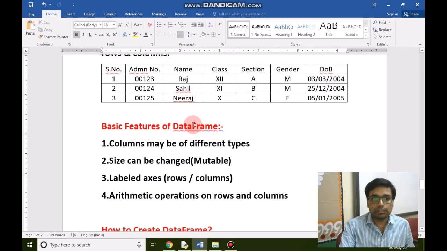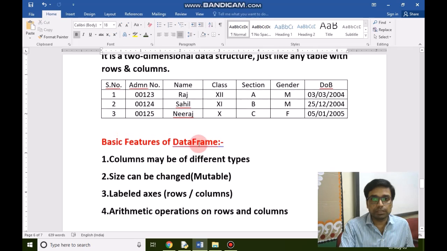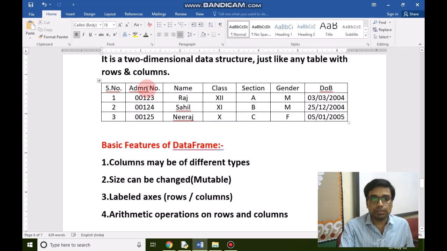If we see the basic features of a DataFrame, we can say columns may be of different data types. As you are watching here, serial number and admission number have the same data type, but name, class, section, gender are of string data type. Date of birth is also a string, but serial number and admission number are integers. So columns may be of different types. Size can be changed.